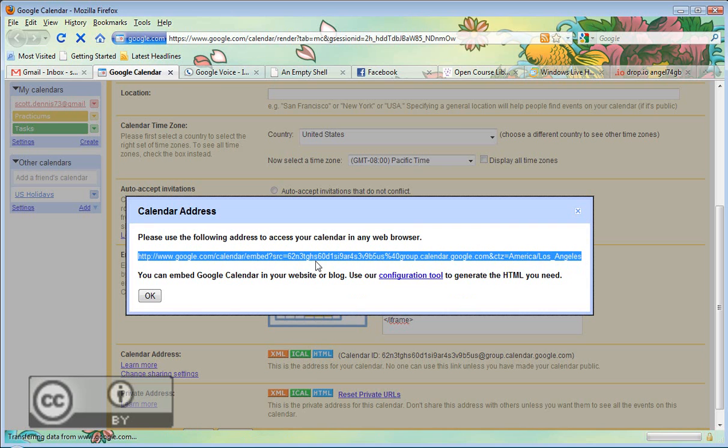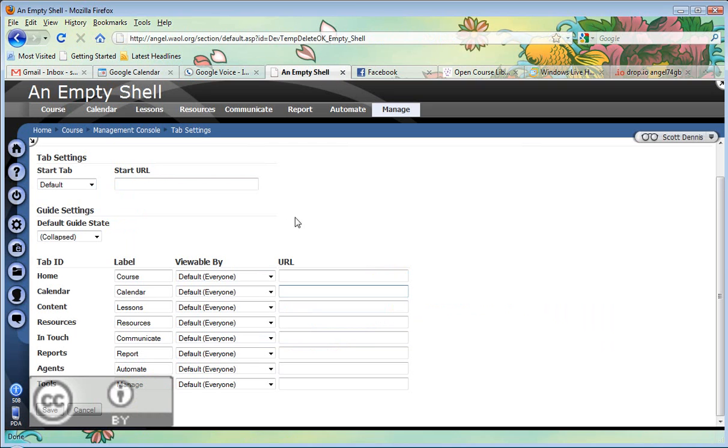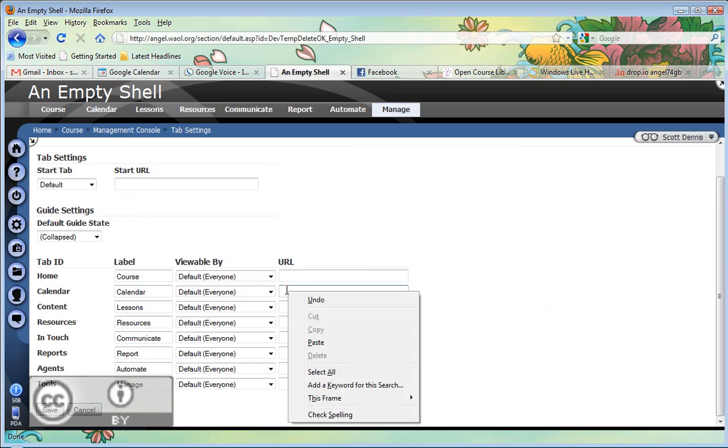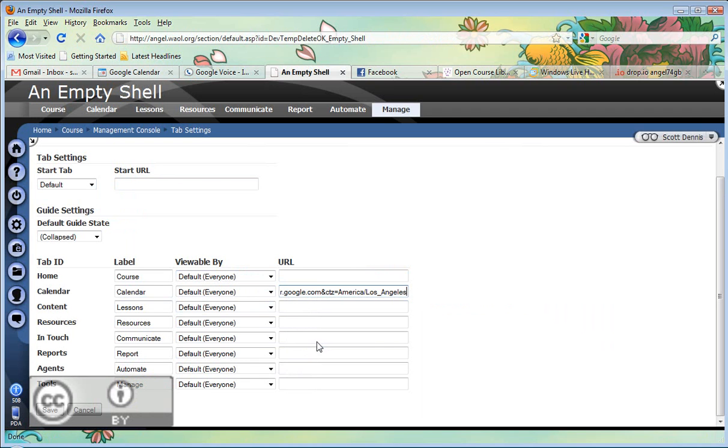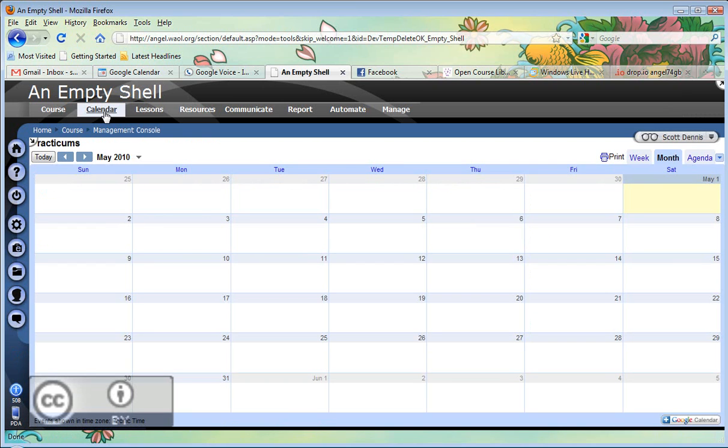and hit OK. I'm going to go back into Angel, and where my calendar tab is under Tab Settings, I'm going to paste in that link for the Calendar tab and hit Save. Okay. So now when I go to the Calendar tab in the course, rather than seeing the Angel calendar, I see that Google calendar, which if I wanted to, I as the owner of that calendar could add things to it in Google. But just to test this, I'm going to log out of Angel,